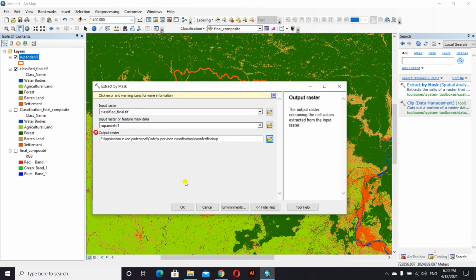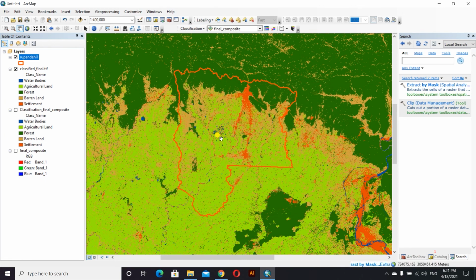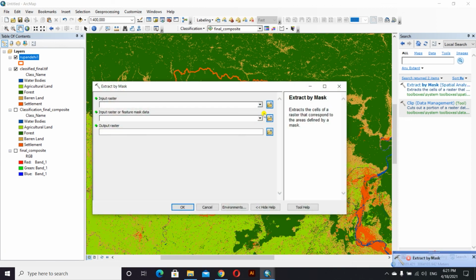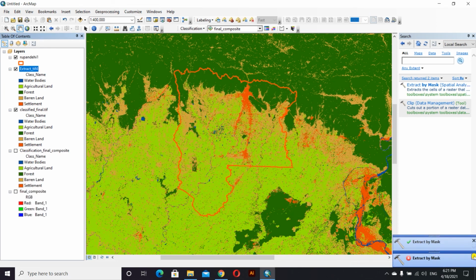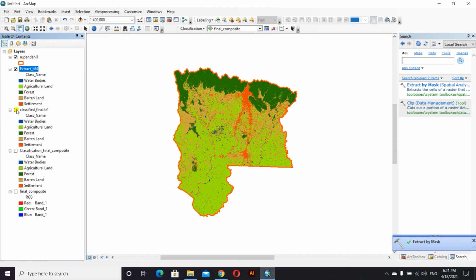There is also some problem. We will save that in the default location. Okay, let me once again do that. Input raster will be classified final, and the mask feature will be Rupandehi, and in the default location we have done the extract by mask. So this is the final result.